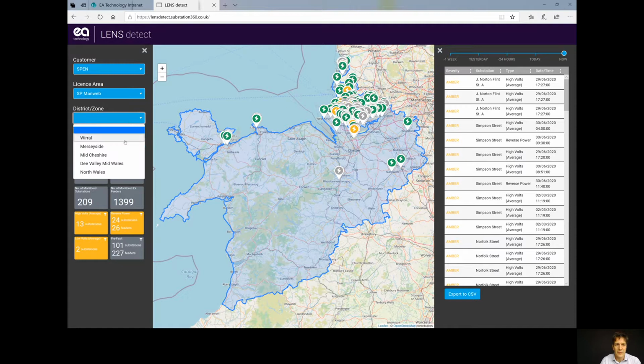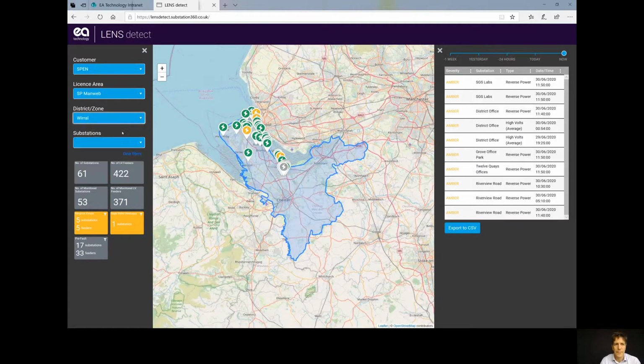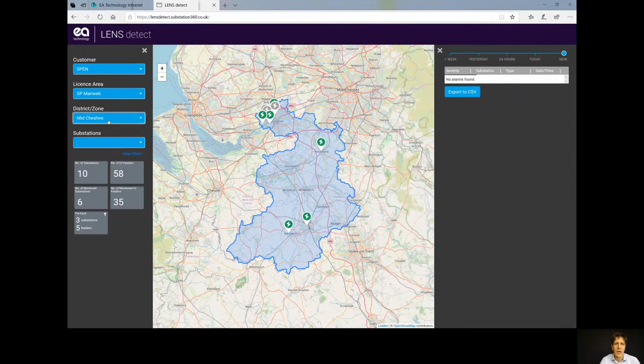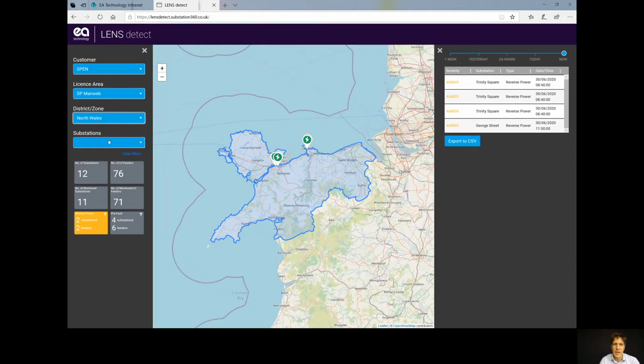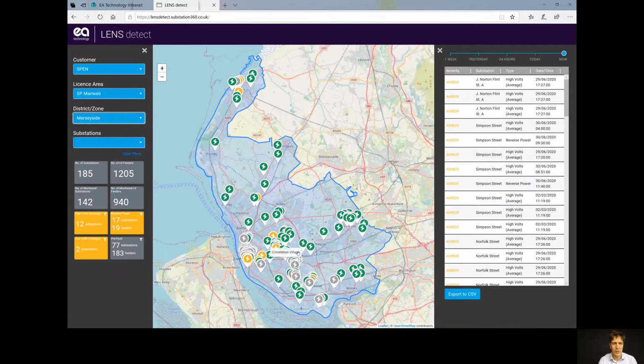We can go into different parts of the network. So you might be interested in looking at the Wirral, for example, or you might be operating in the Mid-Cheshire area. You might be interested or operating in Mersey Valley or in North Wales. The area I'm going to have a bit of a deeper dive is to look at those assets that are in Merseyside. Merseyside is where we start the trial for SP Energy Networks, and we currently have a number of